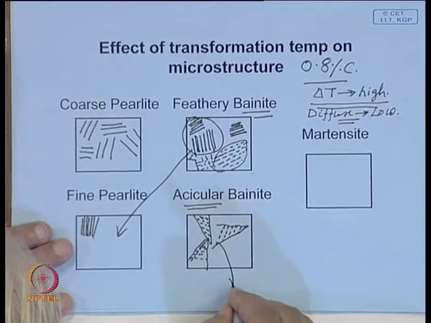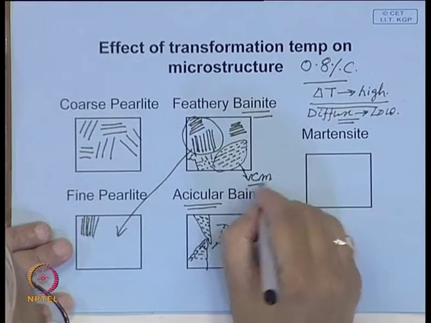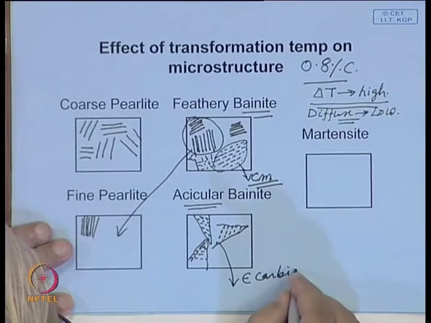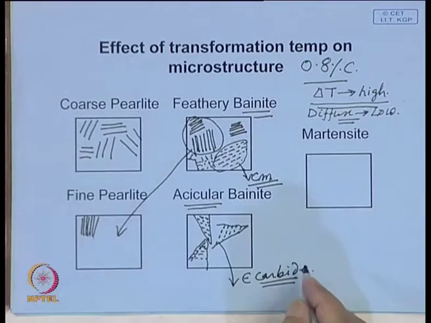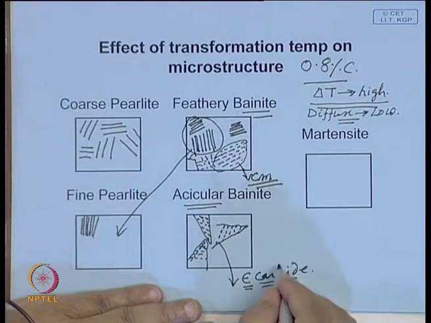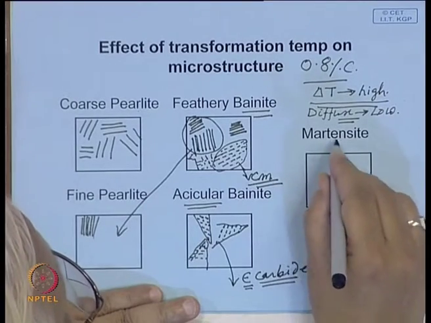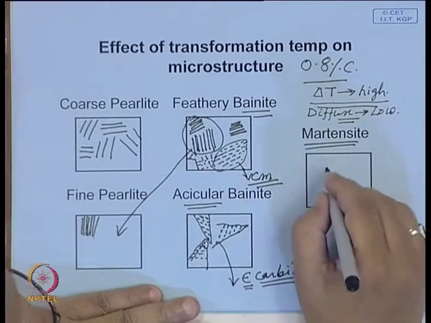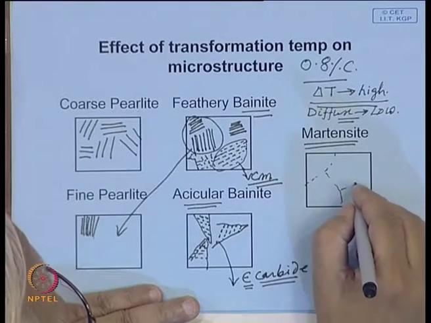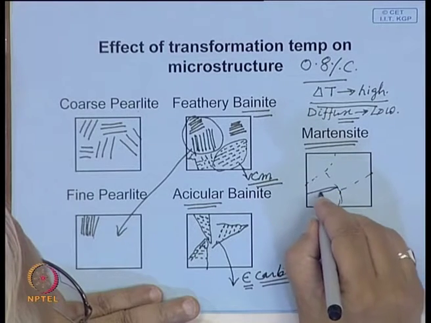and I think it was mentioned that this carbide here is cementite, and this carbide is called epsilon carbide. And we have seen that metastable structures may have different compositions and different crystal structures. Now, in this extreme case, when you have martensite, you do not allow the carbon to precipitate out. If these are the austenite grains, within this austenite grain you have this type of a needle type of structure forming,